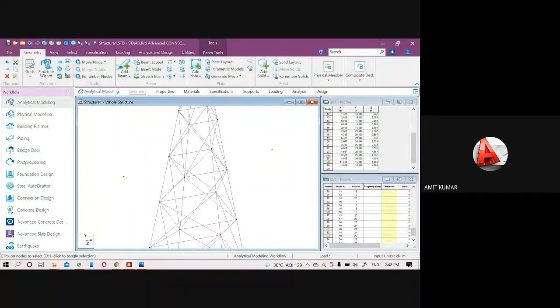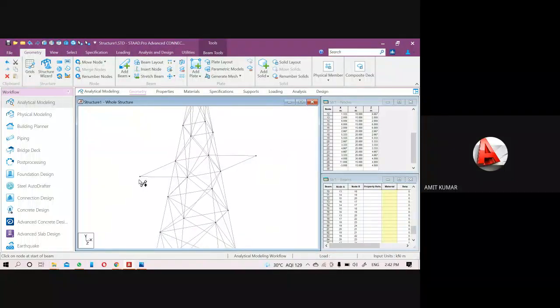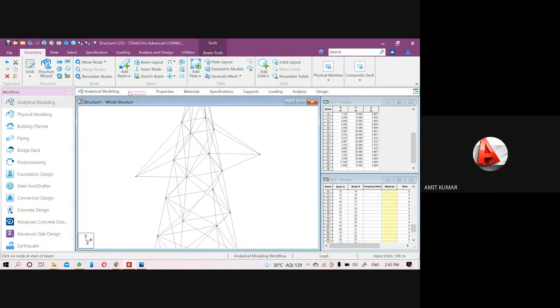Now through the add beam command, add them. Okay, then add a beam from this node to this beam and do the same for here also.